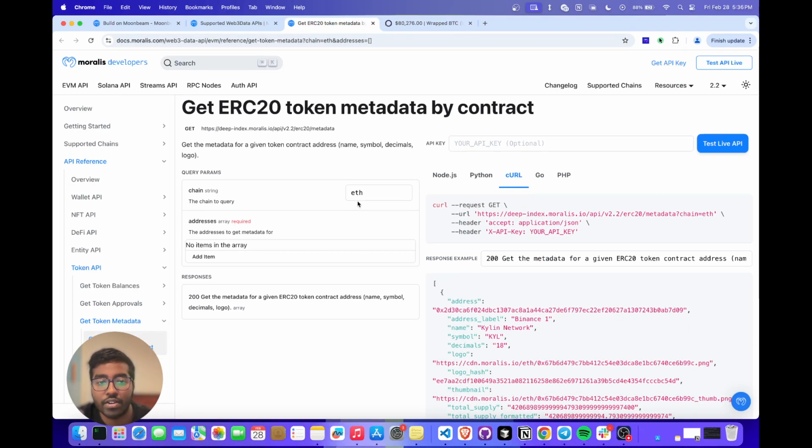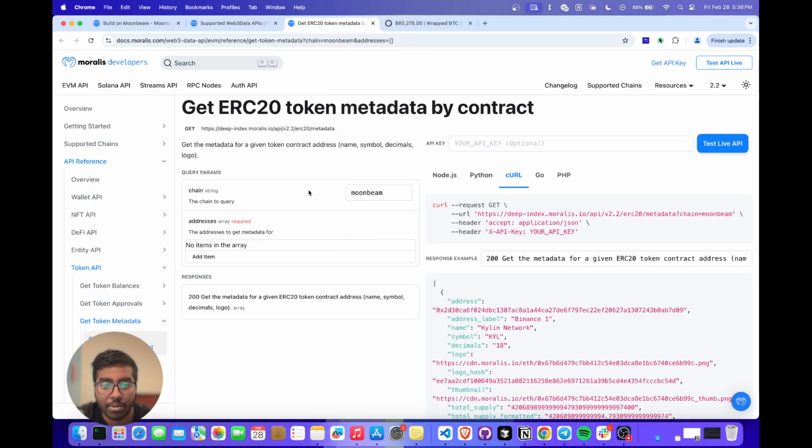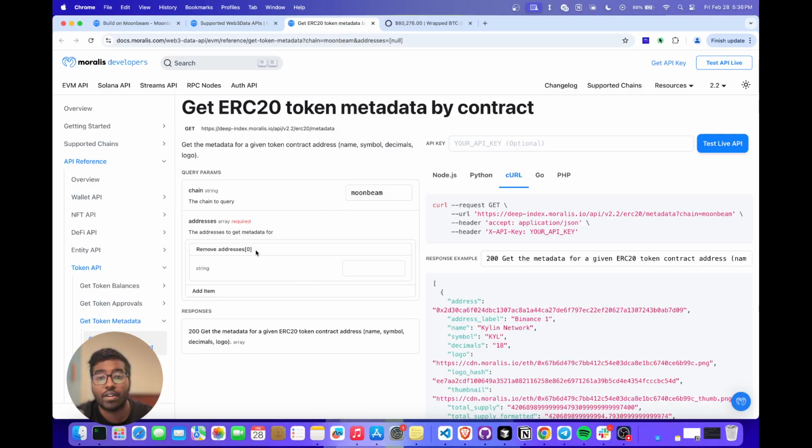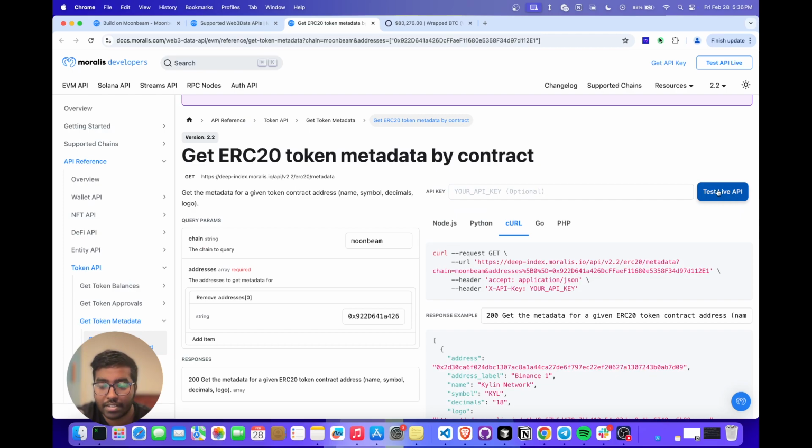So first thing you have to do is set the chain to Moonbeam. So now that we're here, I'm just going to select Moonbeam here, and you can pass in whatever addresses you want to get the metadata for. So I'm just going to put in this address here, and you can test live API straight from this, or if you want to run it in a terminal, you've just got to head over to